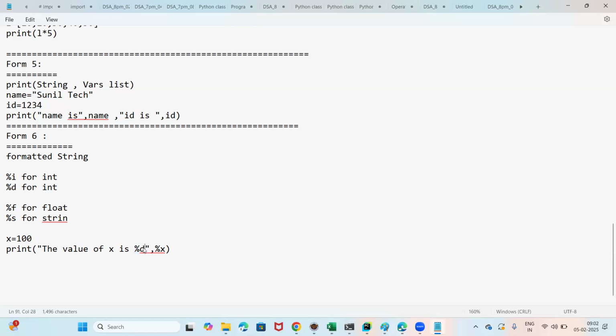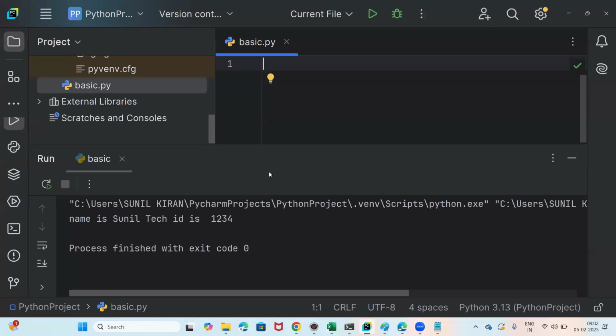Now I'll give you one more example. Here we have two format specifiers, percentage D and percentage F, so now we need to write two values. If you want to replace multiple values, you need to write like this. X will be replaced with percentage D and Y will be replaced with percentage F. Let us try that. X equal to 100 and Y equal to 21.78. Now print